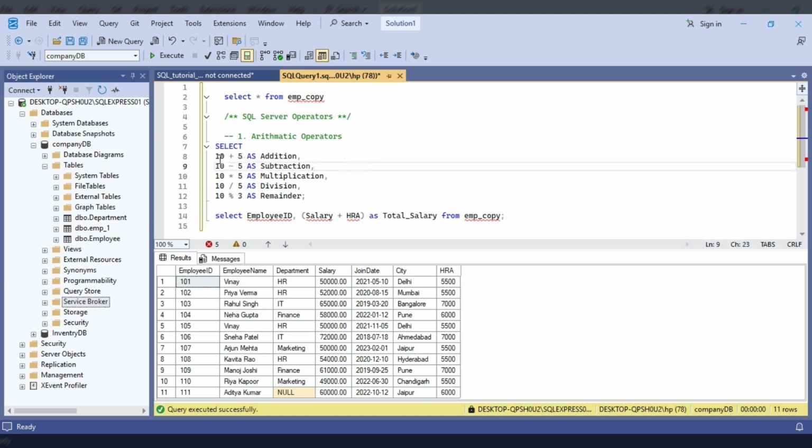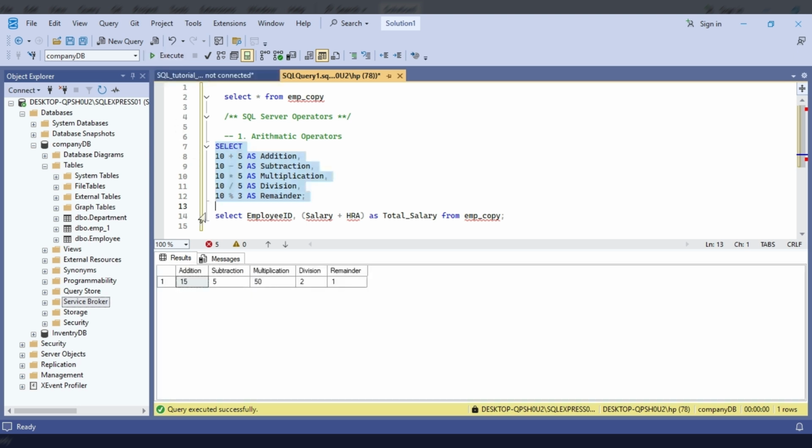The command is number, arithmetic operator, plus, again number, as the name of the column which we displayed here in the first row. Now select this command. Now we can see addition, subtraction, multiplication and division. Focus on this one. This gives the remainder. If we divide 10 by 3, we will have 1 as a remainder.